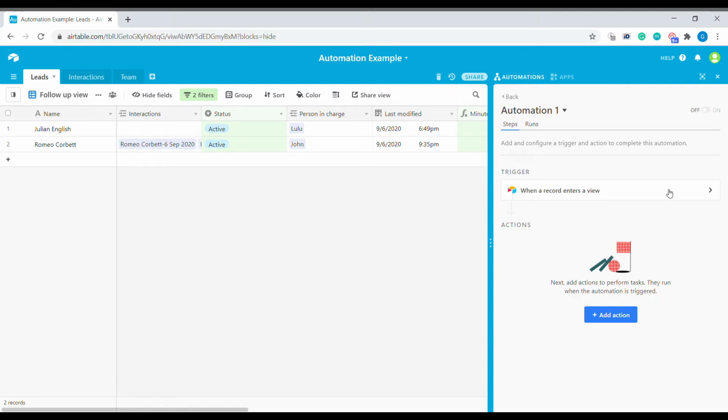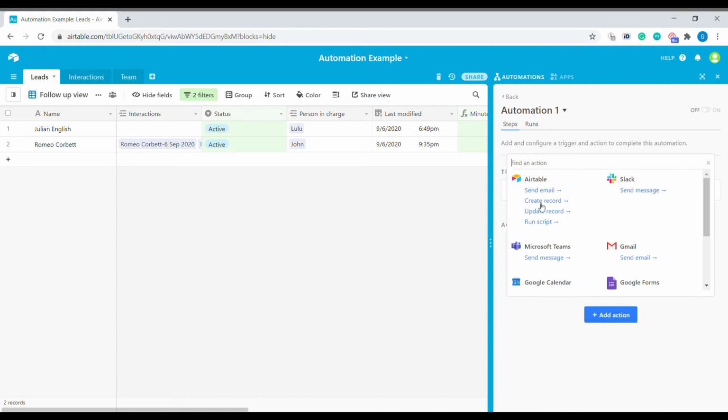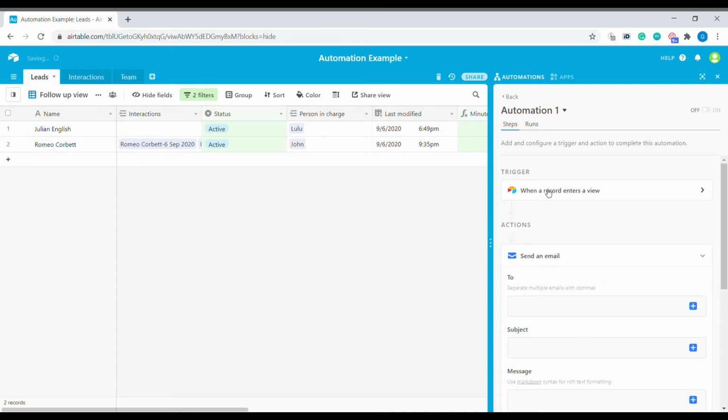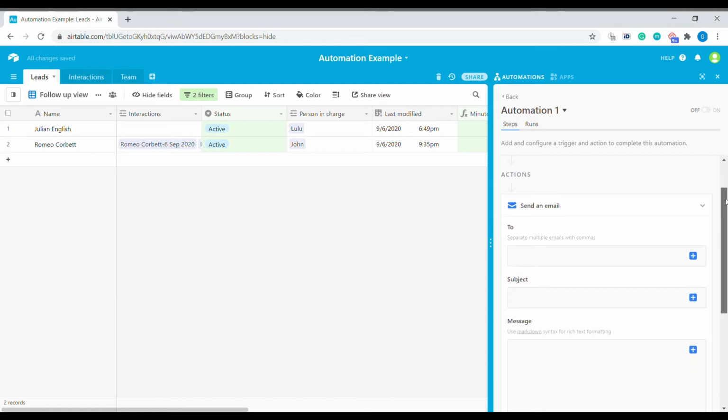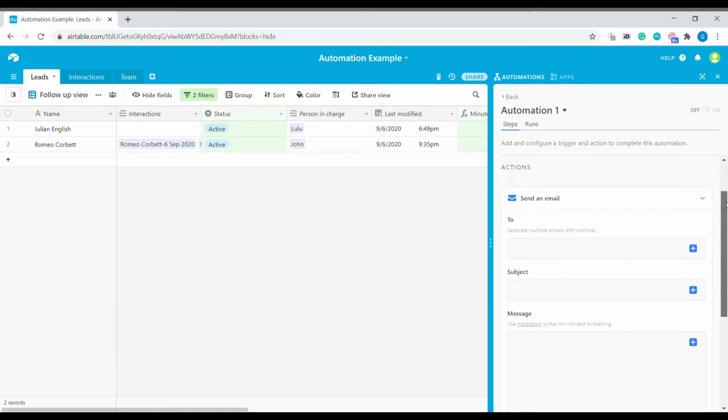This data would change to the new record that will show up whenever the record that we have just changed comes back to this view. Once this new record enters the view, the same data will be passed to the next step, which is the action. For the action, we'll use send email. This send email is using Airtable send emails. It will use Airtable servers and Airtable emails, so you don't need to set up your own email account or have an external provider. It will just come straight from Airtable.